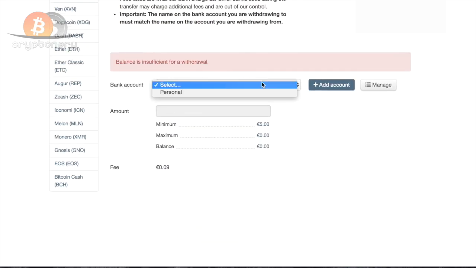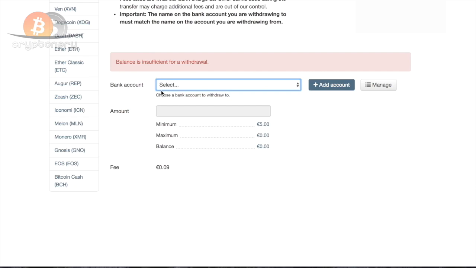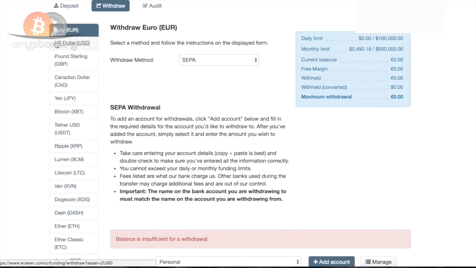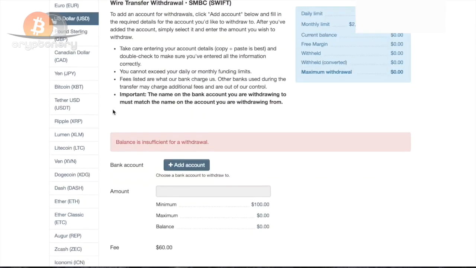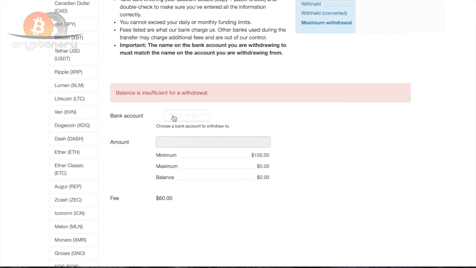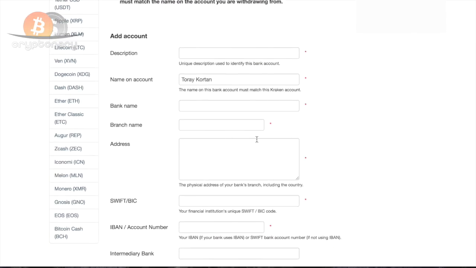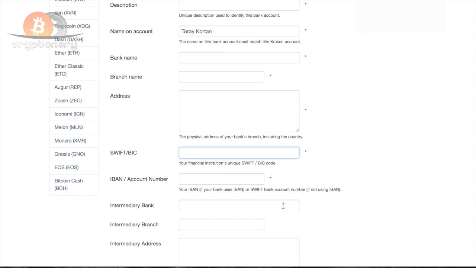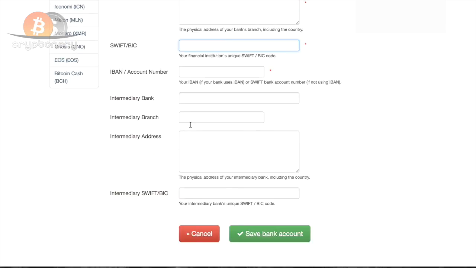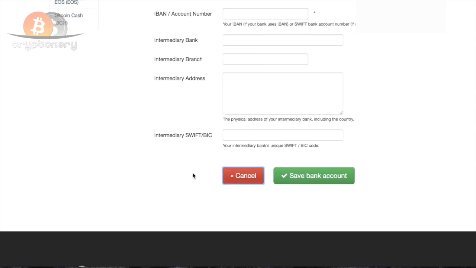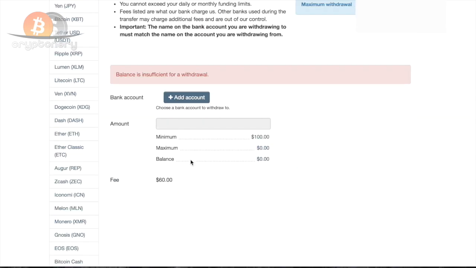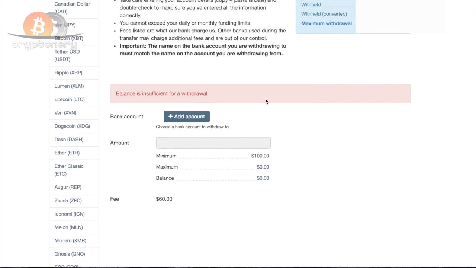Once that's saved, it will be available here, just like my personal. Simply select this and enter the amount you want to withdraw and hit send. For example, let's go to the USD version as well, before we move on to cryptocurrencies. For USD, you select SWIFT, press add account, and then repeat the exact same process again. The SWIFT number, the IBAN number, bank address and SWIFT code if need be. Then press add account and repeat the process of selecting your newly made account when you need to actually withdraw